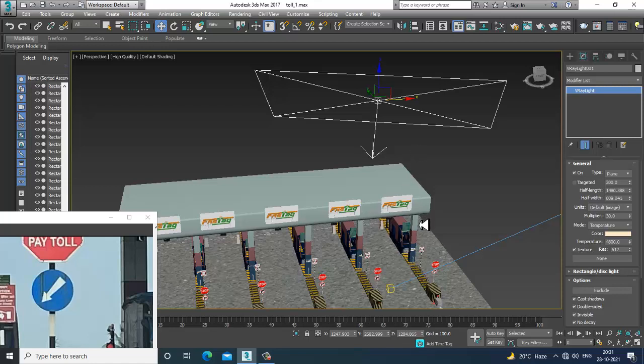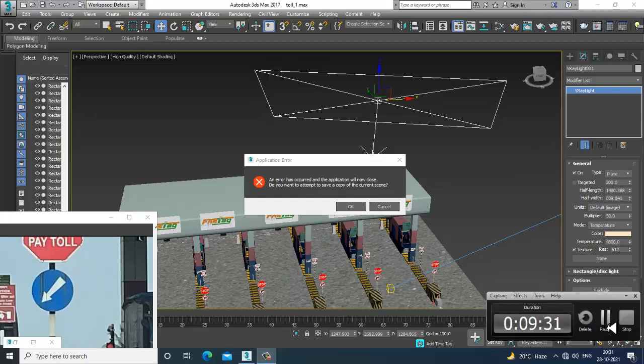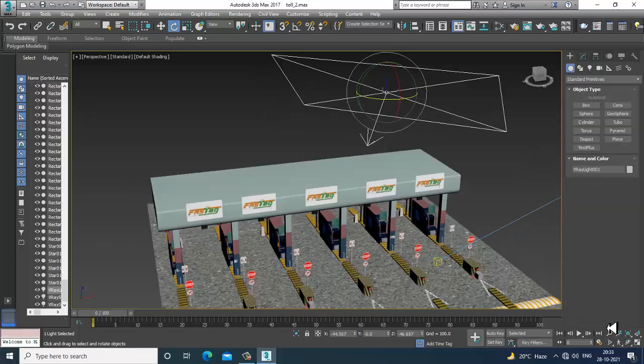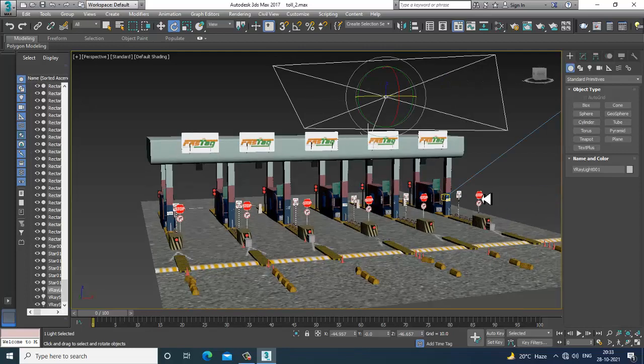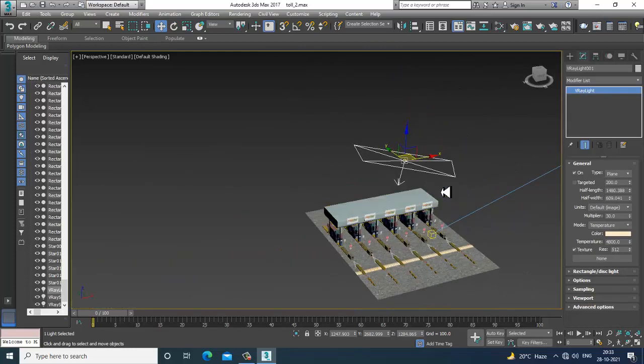So I'm just assigning some basic lights to check over here. Now I've taken one V-Ray light. Multiplier, I'll set it to 0.6.